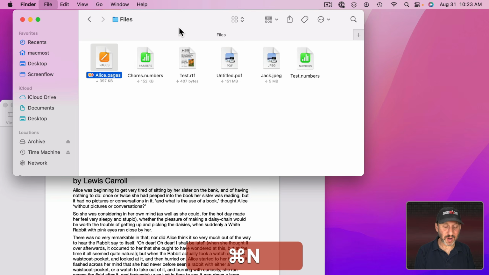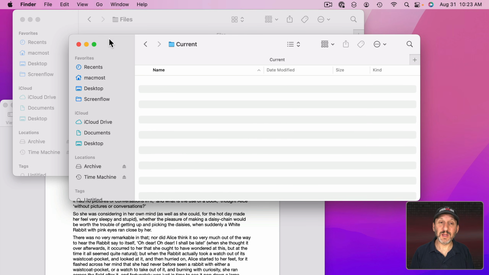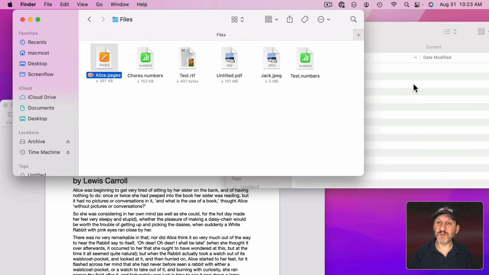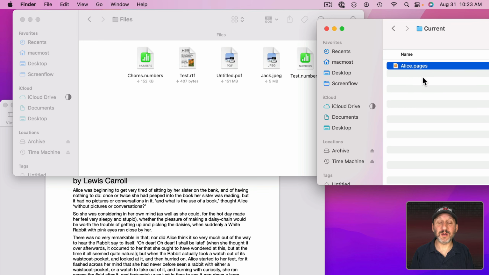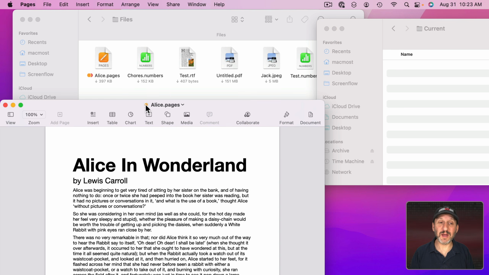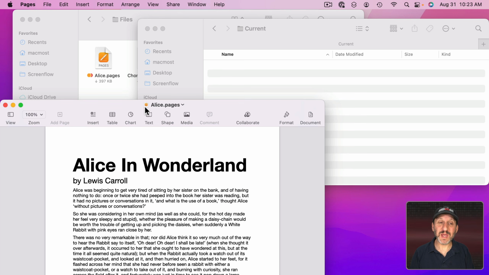For instance, let me create a new Finder window here and then go into a new folder. And then I've got these two folders open. Now let's say I want to move this file from here to here. I could drag and drop it there. But I could also use the title icon. I can click and drag that, move it here, and then watch as it disappears from here and it's moved to there. It behaves just like the icon in the Finder,